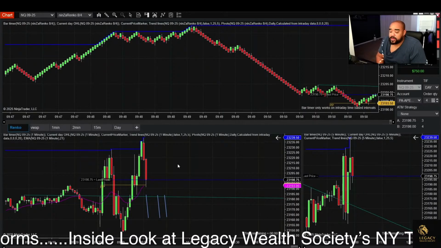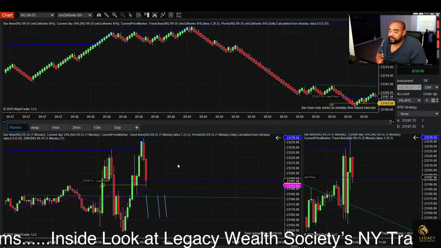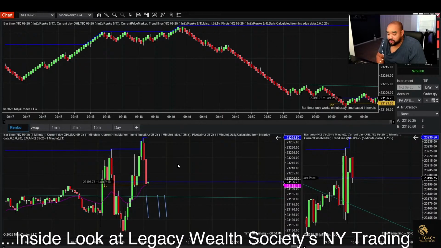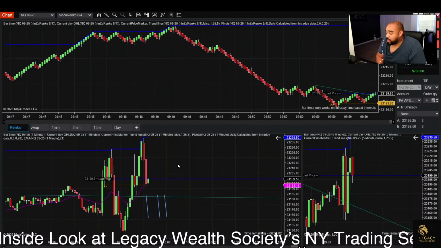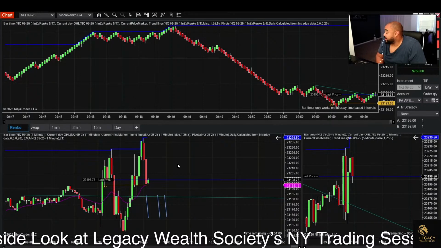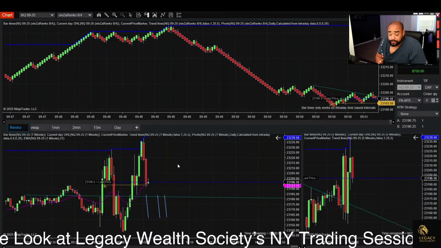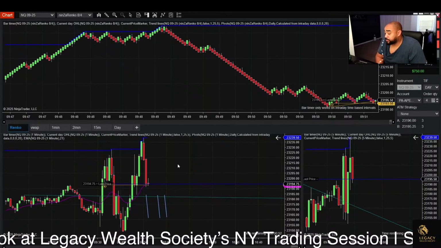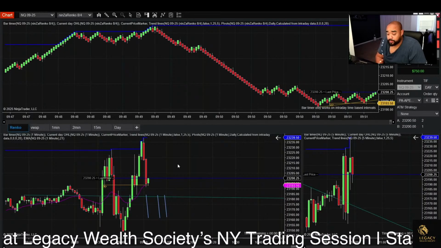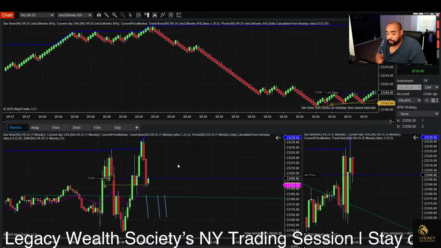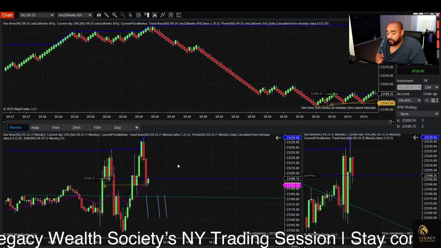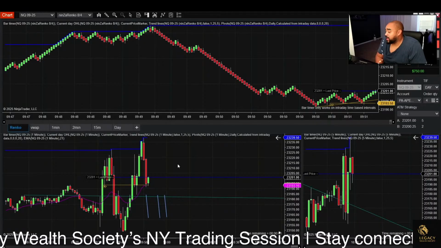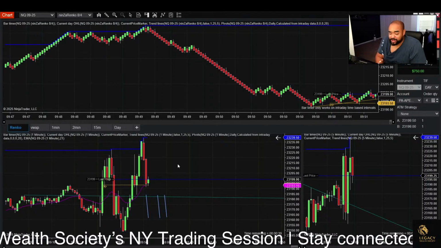Does everyone understand what the wicks mean on the top and bottom of the candles currently? I know I talk about it, but I gotta ask. Yeah, I understand. You explained it pretty well. From the bottom, that's the buyers pushing it up, and from the top, that's the sellers pushing it down. Yep, perfect. Just want to make sure, because I never want to assume that everyone knows what I'm talking about.